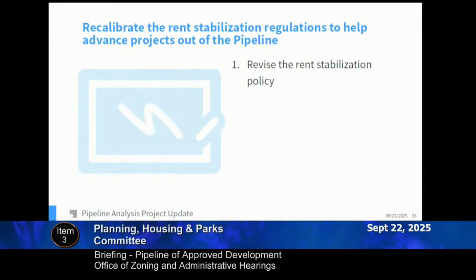And of course, there's rent stabilization, which came up as one of the biggest deterrents and a major obstacle in the county right now. While many pipeline projects predate the rent stabilization law, the county might want to consider specific tweaks to the policy that could help make sure that more development is happening in the county. For example, right now there's a 23-year exemption for new development, but a date certain, like setting it to the year 2000, would help ensure that rent stabilization never catches up to new construction.